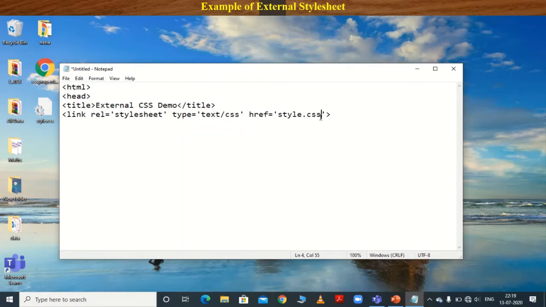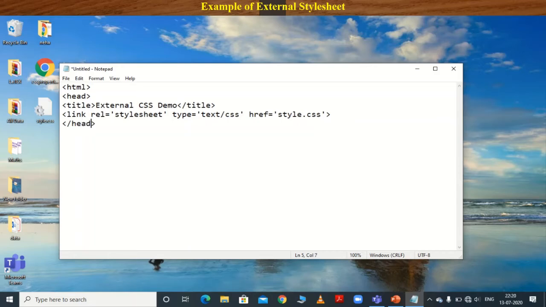So href style.css. If this file is present on another drive like C drive, D drive, or E drive, then you should give the path of this file. Since the style.css file is on the desktop, I don't need to set any path here. Next, close the head tag.